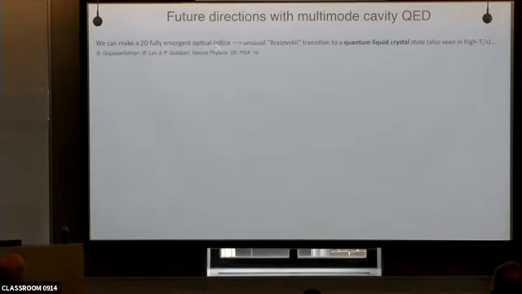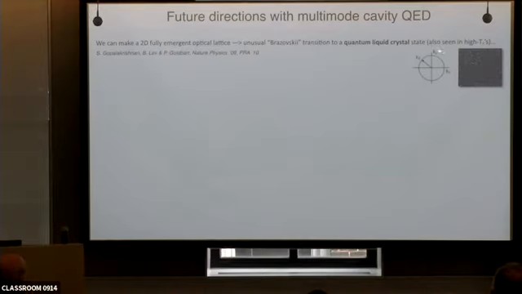If you do this in 2 dimensions, we've calculated a long time ago that you should be able to find a quantum version of an unusual type of phase transition called a Brazovskii transition, which results in a quantum liquid crystal state, or a smectic, or various smectic-like states that would then be superfluid.